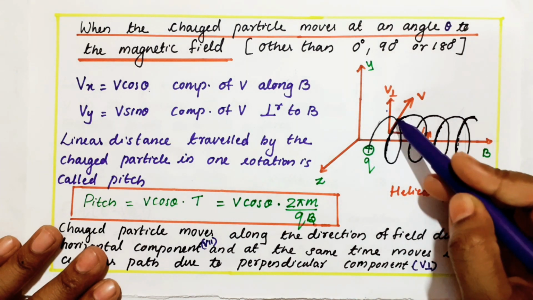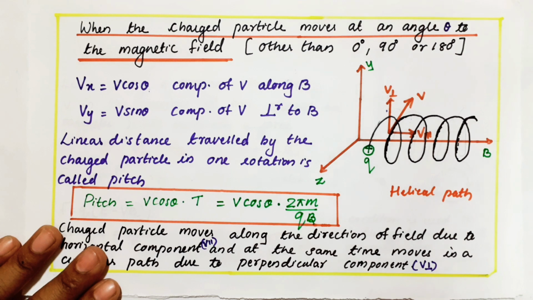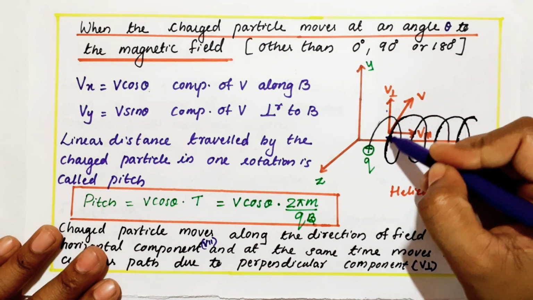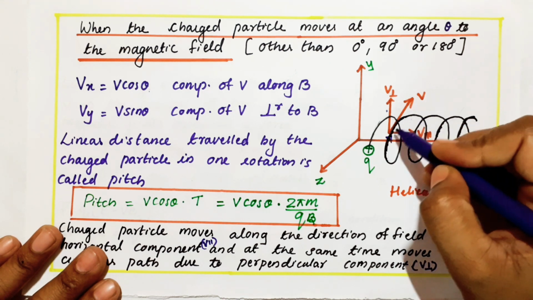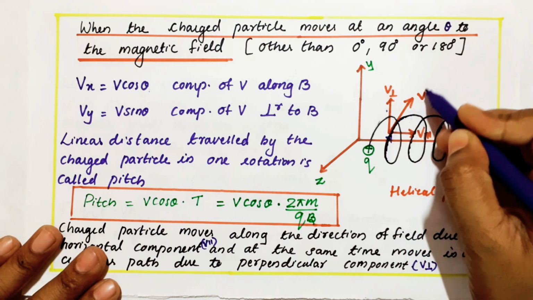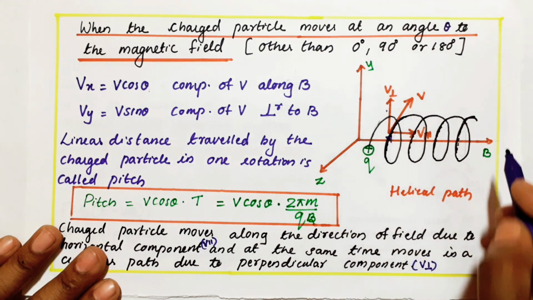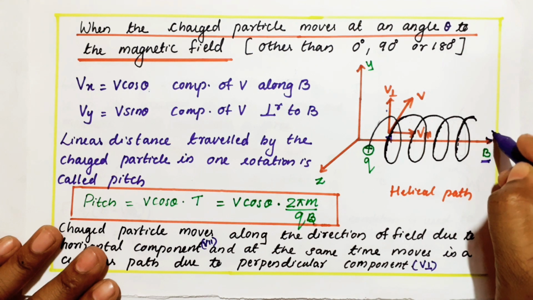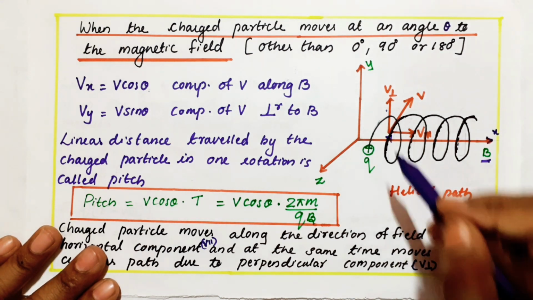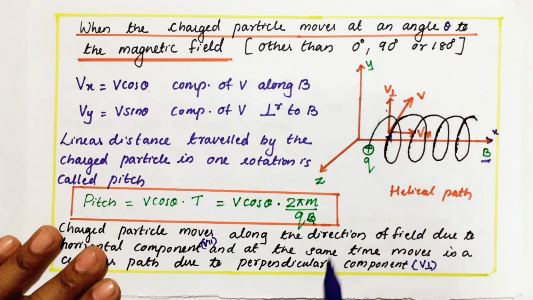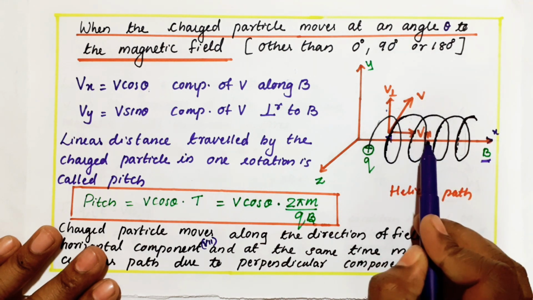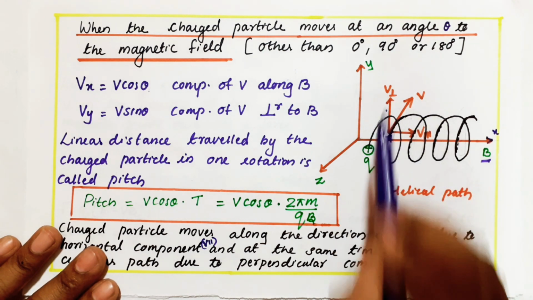So here you see like this. When a charged particle is entering a magnetic field in some other direction, say for example at this point, the particle moves like this, because if you draw a tangent here, I get the velocity. But in this case, the magnetic field B is given along this axis, it means the x axis. But the velocity of the particle is not along y or z. It makes an angle. So if you resolve this velocity into two components, I get a parallel component and a perpendicular component.